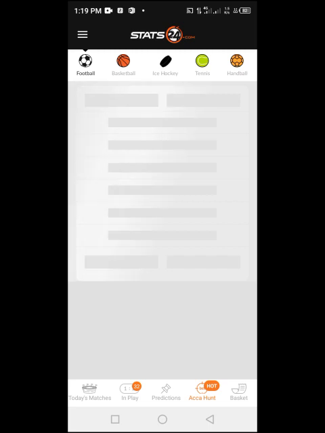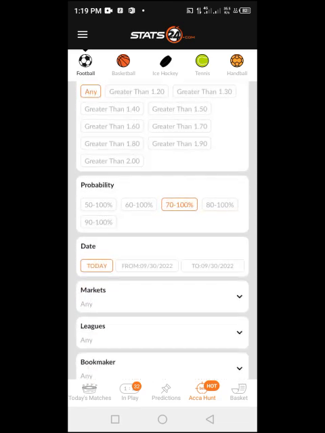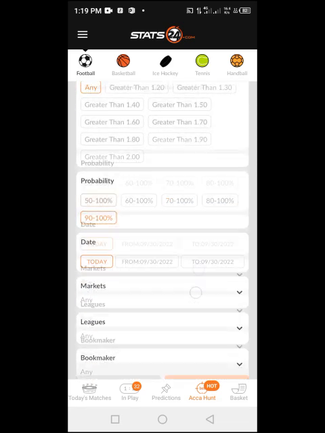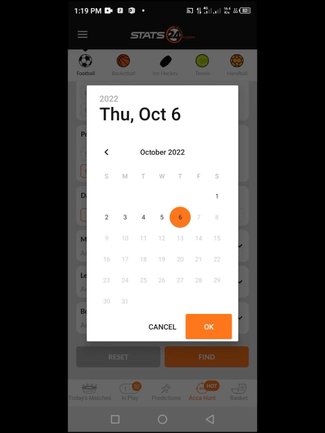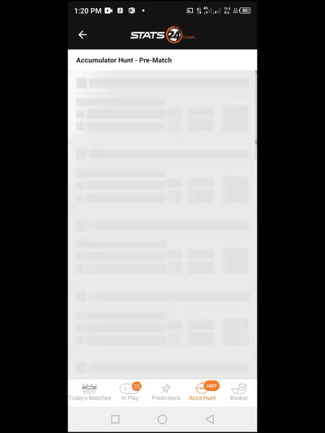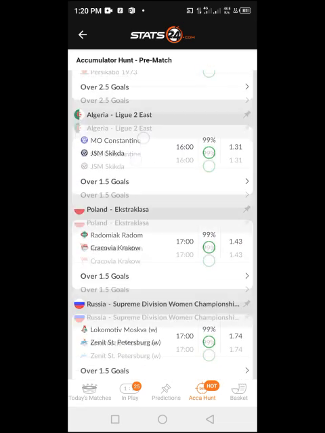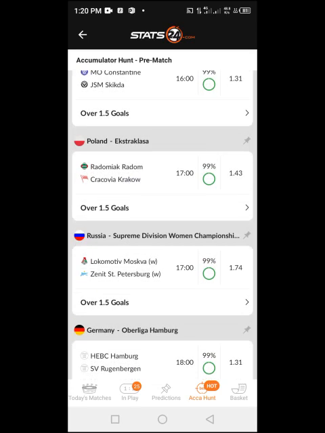Go back one step and repeat the same process of taking 16 to 100, leave it to any as default from this section. After that, come to probability 90 to 100, choose the date range again to about 3 to 4 days, click on OK, and make sure to click on Find. You are still going to be displayed with the same result. Make sure to move to the next, as you can see here, go to the next and continue this process